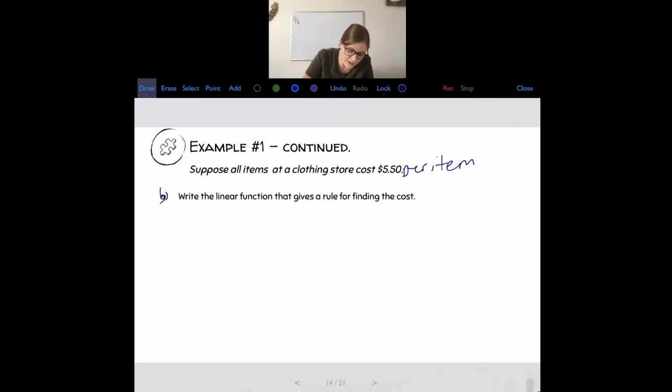We don't have a y-intercept in this case. Again, there's no fee for getting in the store. There's no fixed cost to shopping there. Like if you were to talk about shopping at Costco, for instance, you would have a membership and let's say it's, I don't know, $5 per box of ice cream you buy,